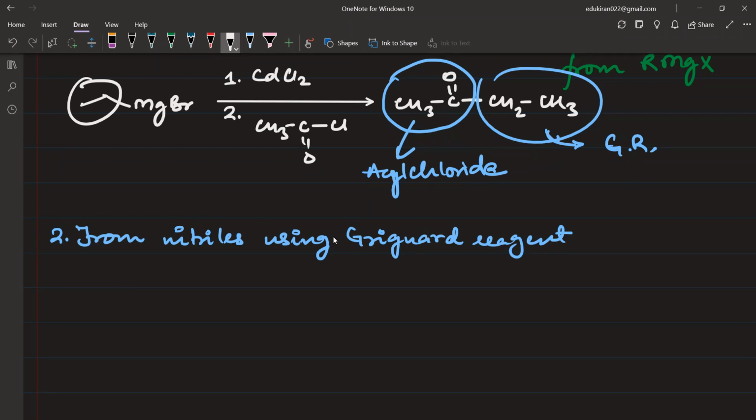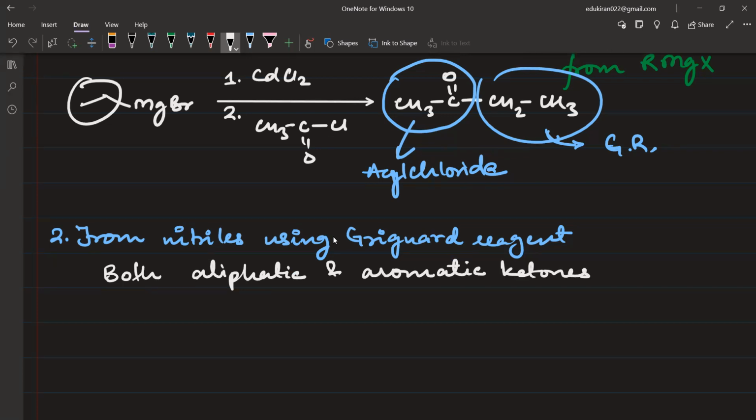Please write: both aliphatic and aromatic ketones can be prepared by